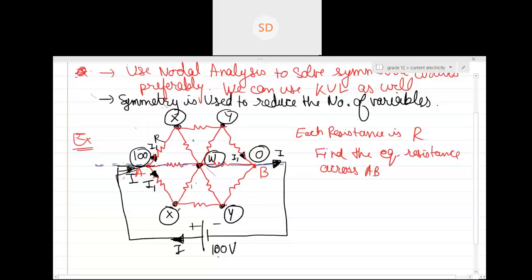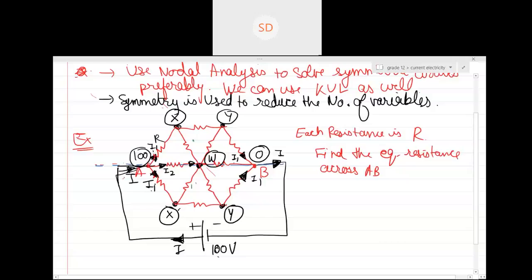So apply it. Okay? The second concept is whatever current is going in the upper part of the circuit, the same current should come back to this branch. Whatever current is going in the lower part of the circuit, the same current should come back to the lower part. So can you see I is dividing into I1, I1, and what about here? Will it be the same current as I1, I1? Or will it be I minus I1, or let's say I2? Okay. So this I2 will flow through this resistor.